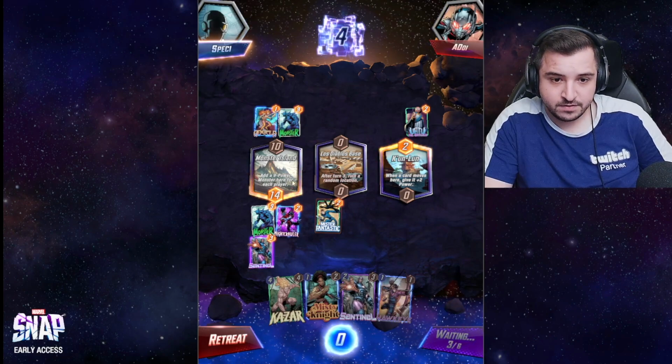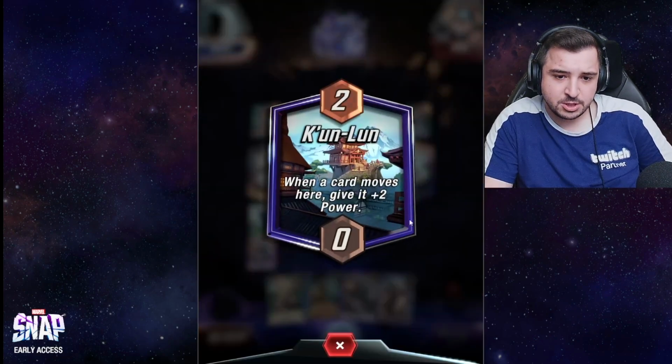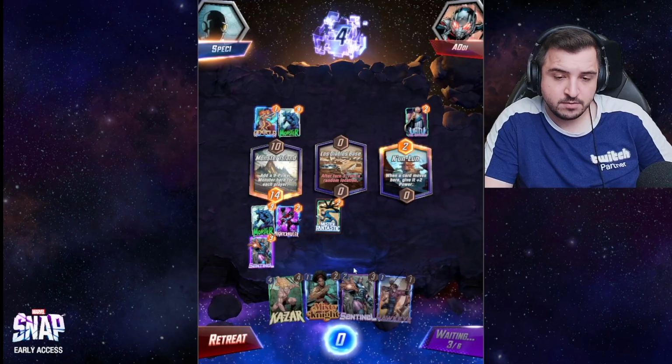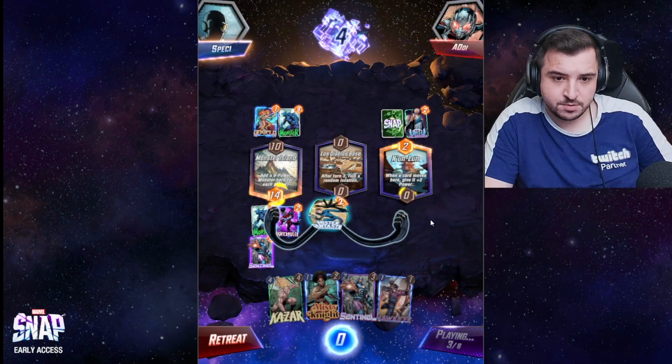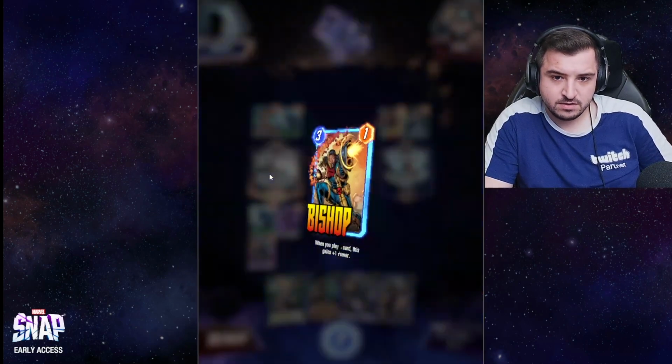That's really good for us, though. I should have... this is a misplay. I should have just moved Nightcrawler because there's a 50% chance base. But I already clicked the end turn button, so I can't change my mind. Let's just hope Monster Island gets...